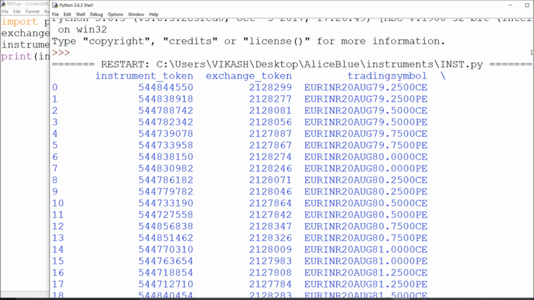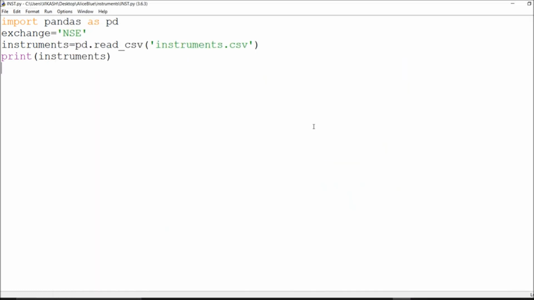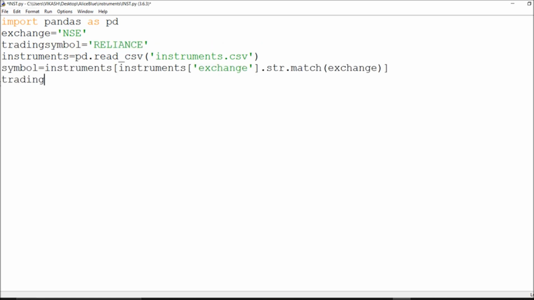Right now a particular stock is required for me to fetch. So I will go for my Reliance trading symbol. I'll say trading_symbol, and instead of instruments, right now we will go through the symbols, because we already checked through this symbol part.